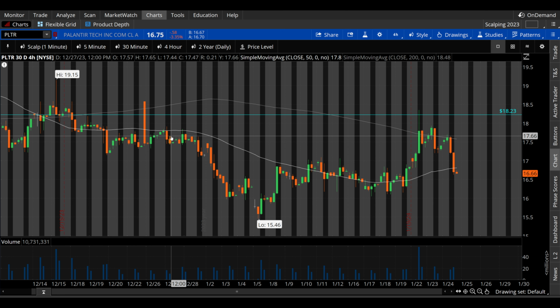That was a very, very common level to see a lot of volume around. And look where we find ourselves here today. I mean, look, the stock's down 3.35%, but we are where we are. So now we have to look at the situation and say, okay, what kind of data can we pull from this? The data that I'm pulling from this, at least on the 4 hour here, and then we'll move on to the daily,